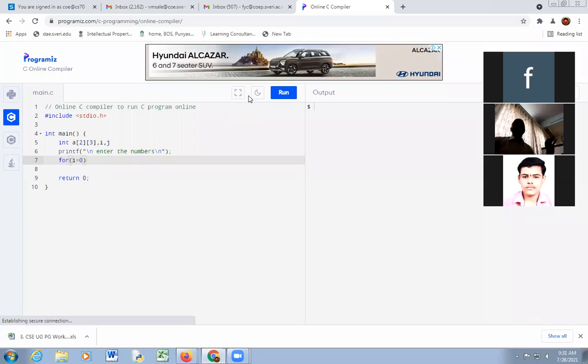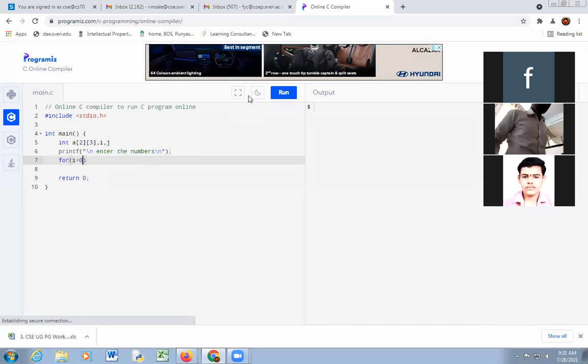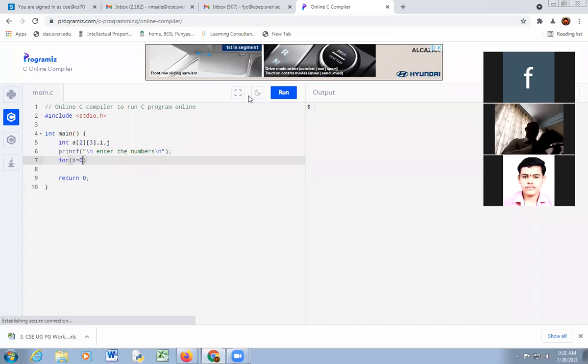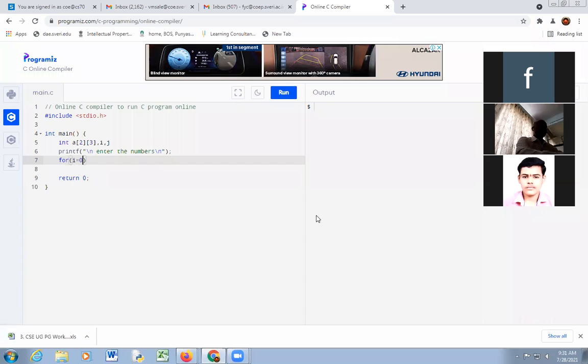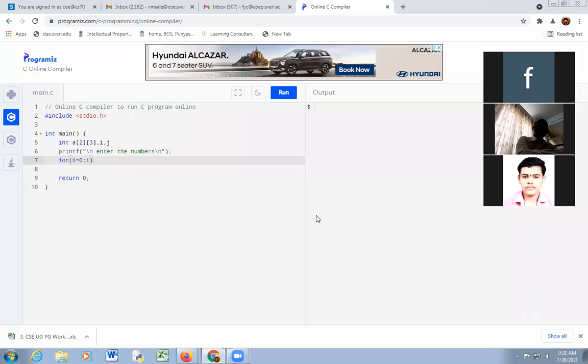Why i equal to 0? Because an array starts from 0. This is in case of row. Then i less than 2 because the array row size is 2, i plus plus.